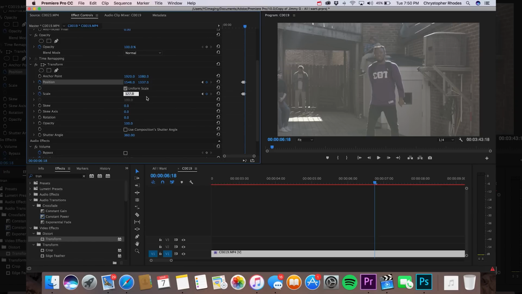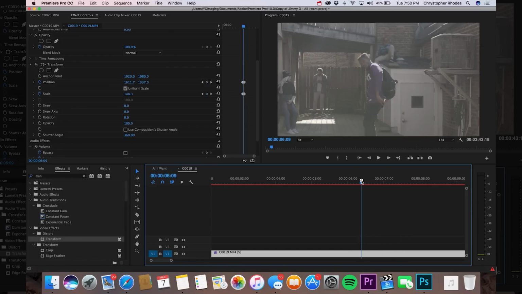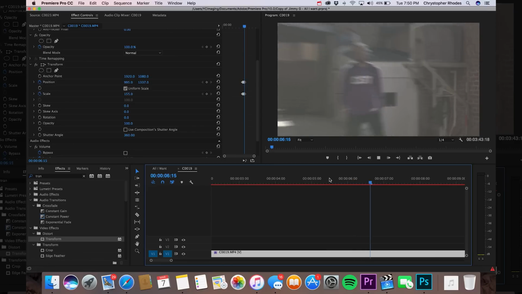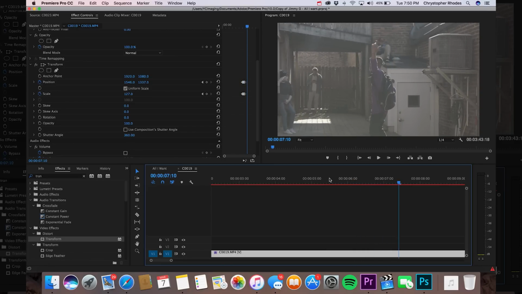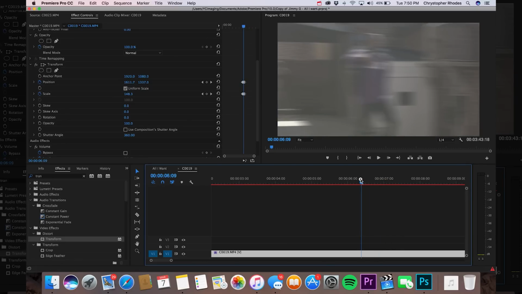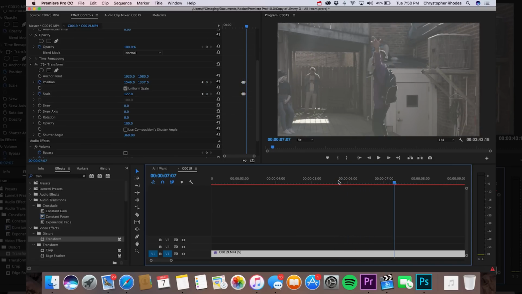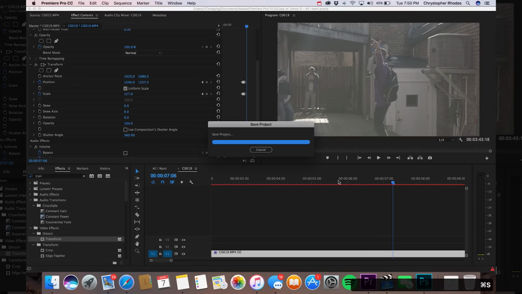So let's just show you what this looks like. You can go through and add in as many of these as you want. Now let's go back a bit so you can see what actually happened. As you can see, it gives it a nice intense effect, you know what I mean? You're just moving the camera around, and it almost looks real because it has that motion blur behind it. As I said, you can really go in and gauge how many keyframes you want to add to your footage. You can add in a lot, and I think this makes it look dope. So that is the clip zoom. Go in, make it cool, add as many keyframes as you want.